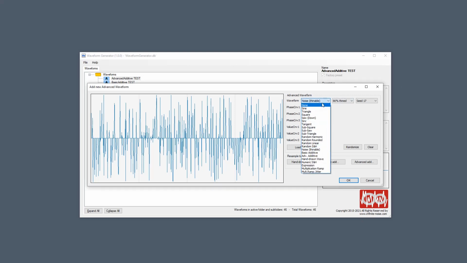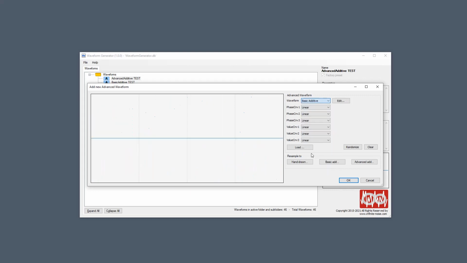Let's look at the next. For now, I'll skip these because these don't have combo boxes. They instead have an edit button that will open a form. So I'll skip them for a few seconds and go on to this one called